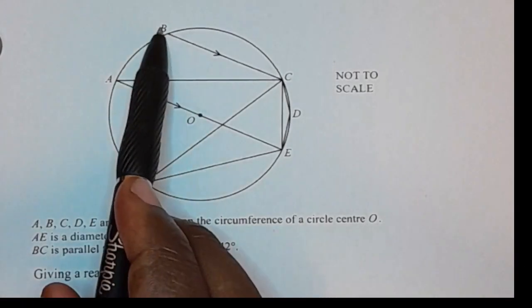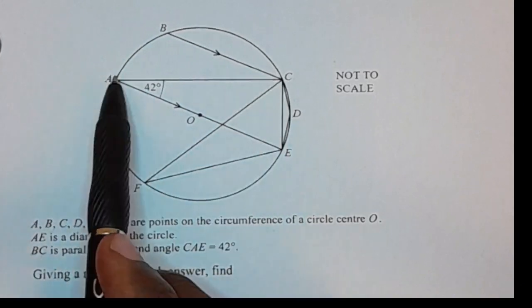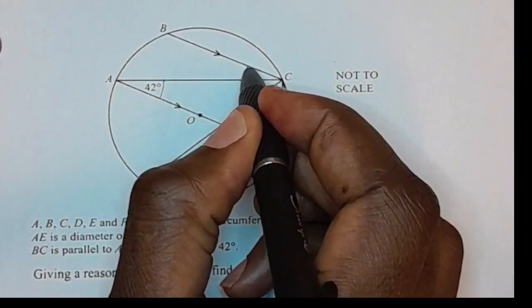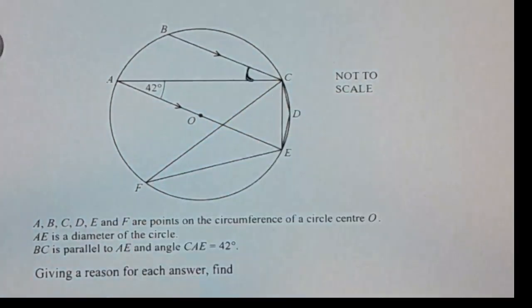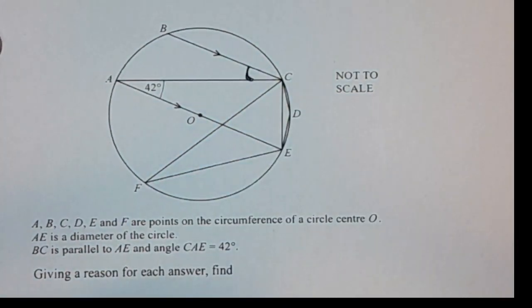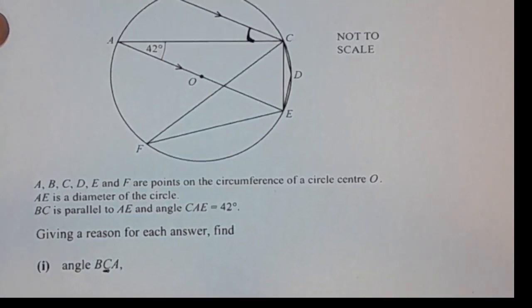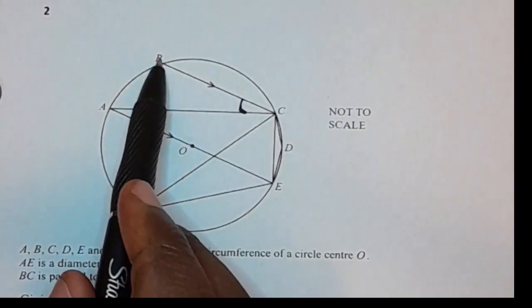So, angle BCA. This is the angle that they want you to find. Whenever you see three letters like this and they are asking you to find an angle, the middle letter is the vertex where the angle is lying. So here, angle BCA